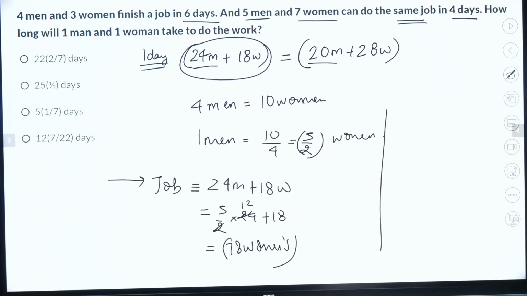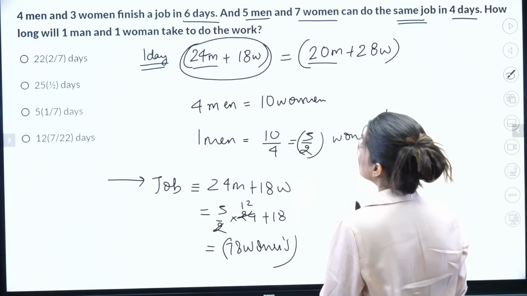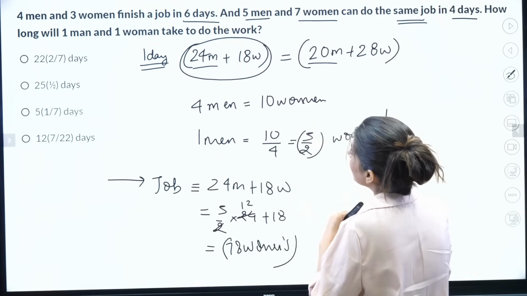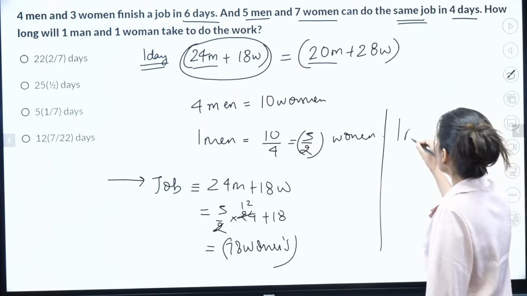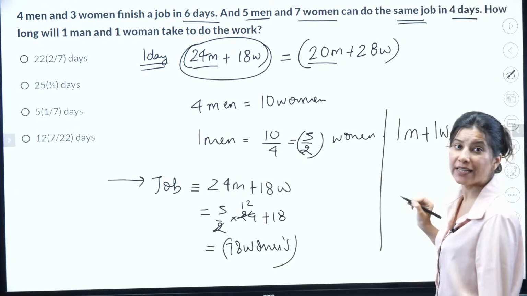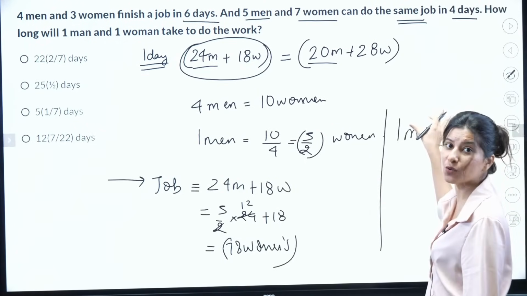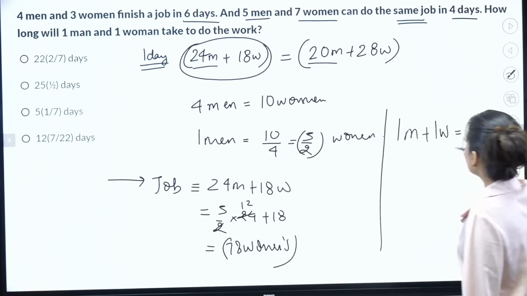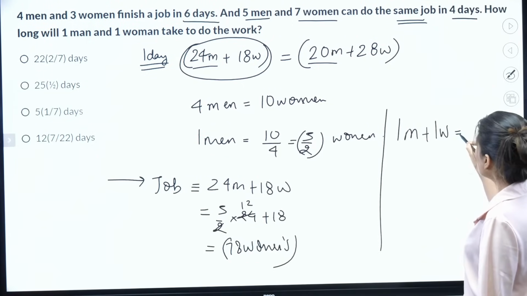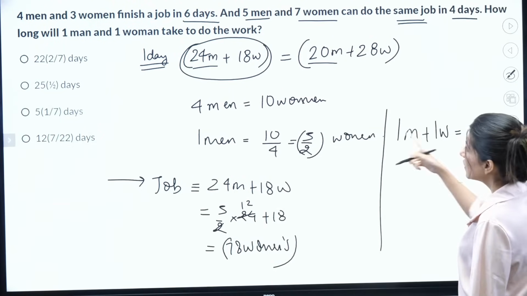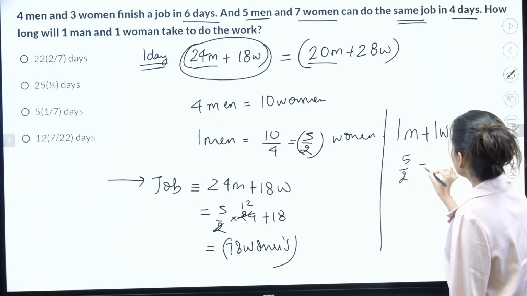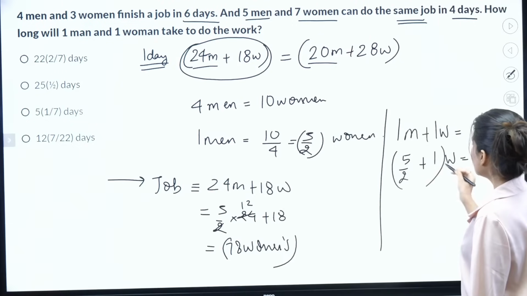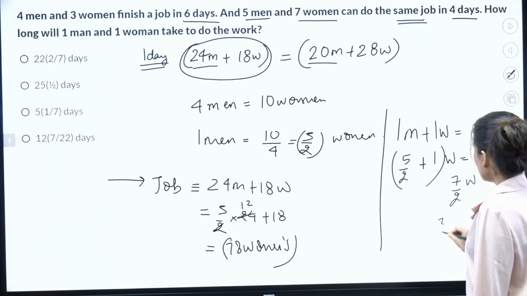Now how much bandwidth are we having? How much work are we having? So how long will 1 man and 1 woman take to do the work? So 1 man plus 1 woman will equal to what? This is our resources, okay? So 1 man can be replaced by 5 by 2 plus 1. So how many women? Can you see? So 7 by 2 or 3.5 women,